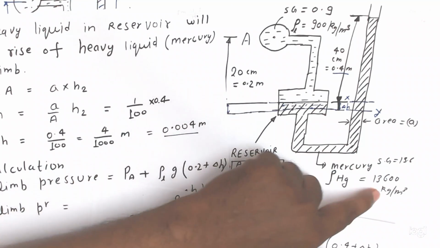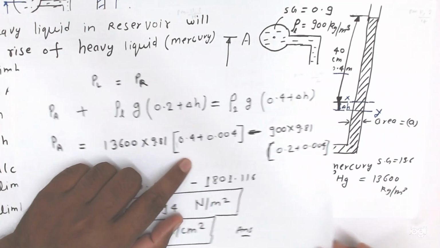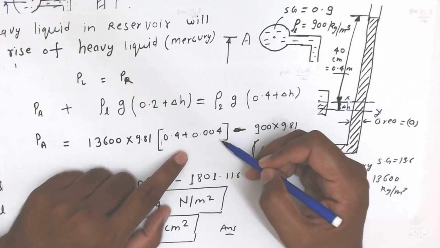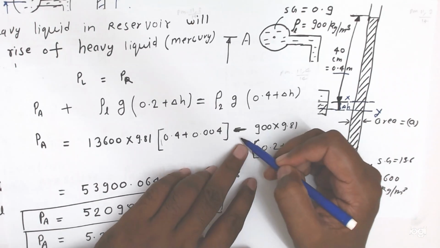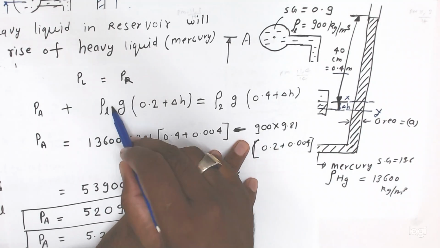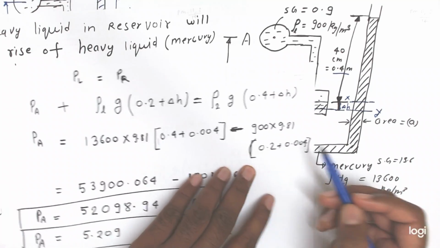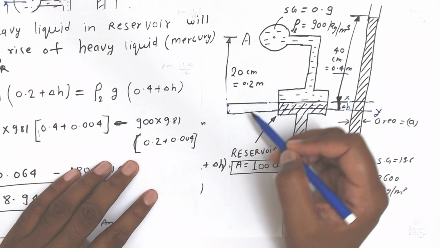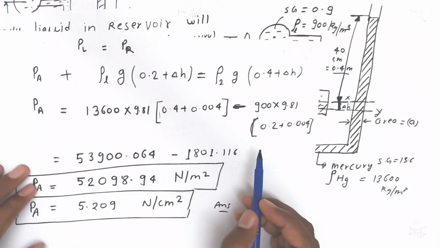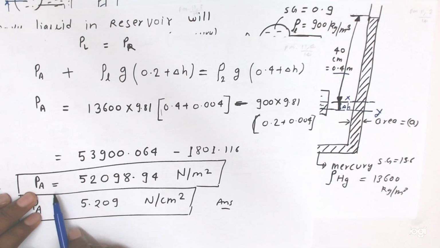So mercury density is 13600 into 9.81 times the height, which is 0.4 plus the height already calculated, 0.004, minus this term, which goes to this side, so minus this density, which is 900. So 900 into 9.81 into the total height, which is 0.2 plus delta H, 0.2 plus 0.004. So after calculating this, friends, the value will come